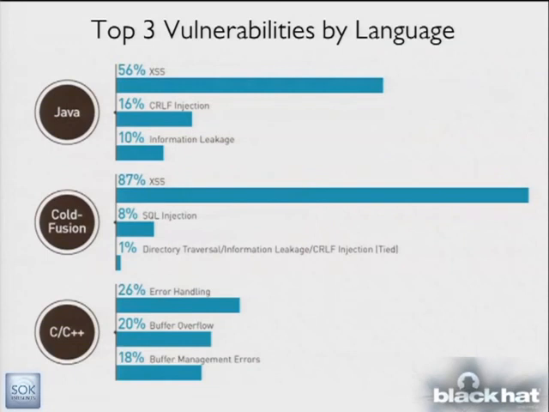So next I want to take a look at by language, because the language you program in makes a big difference in the kind of vulnerabilities the application is going to have. And it's both at the raw language level, and in the types of APIs, whether it's runtime or a framework that's used to program in that language, that either supports writing secure code or doesn't support writing secure code. And it also is how the developers are trained to write in these different languages can either support or not